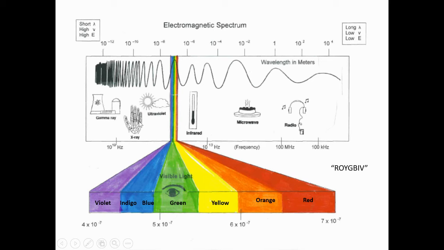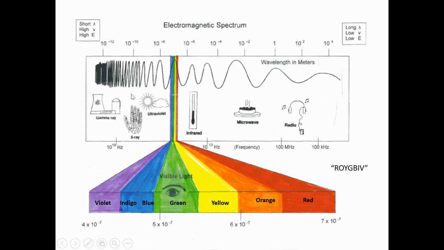And when we get beyond visible light, these electromagnetic waves have a lot of energy, and they are getting more and more dangerous to the human body. So when we put on sunscreen, when we go out in the sun, we're not trying to protect ourselves from visible light. We are trying to protect ourselves from the ultraviolet light that the sun also gives off. So exposure to too much ultraviolet light can lead to skin cancer, and that's one of the main reasons we want to try to protect ourselves by wearing clothing and sunscreen.